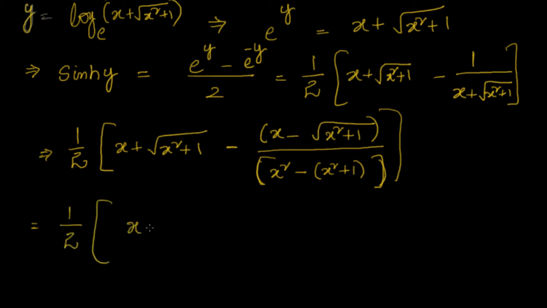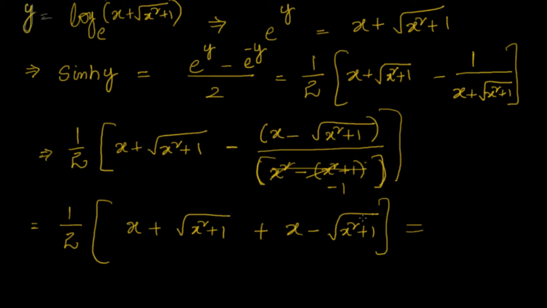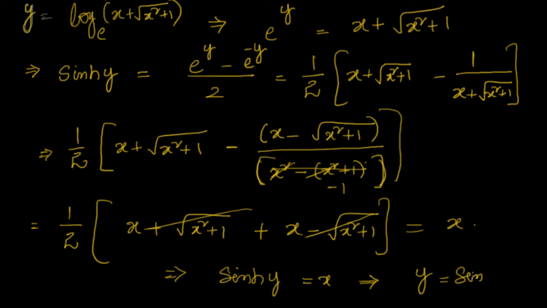Now similarly what you can do is you can prove for cosh inverse x. Let me just give you that. You can try it on your own. Same way, any method you can take. Prove that cosh inverse x, it's a theorem actually, is nothing but log e of x plus square root of x square minus 1. So this you can try in similar lines to how we have done the sinh inverse x.